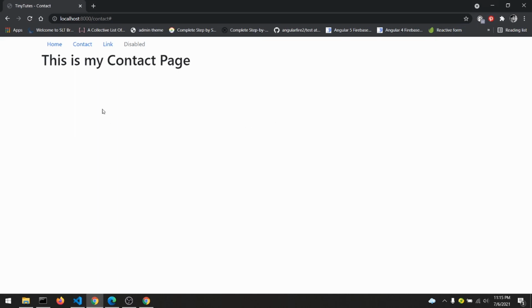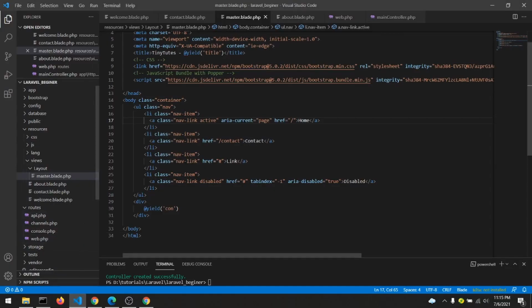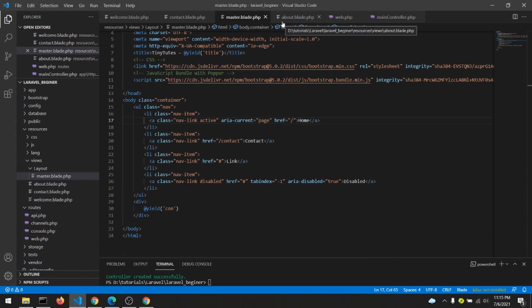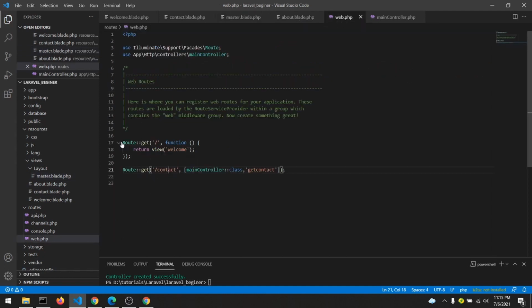So you can do anything that you want with this layouting part. That is the reason that we use the Blade template, to use the templating engine. It is very easy to do with that, right? Now we have to create a new about us page, right? For instance, I will create just a simple route. We can use this one, right? Okay, I will name it as